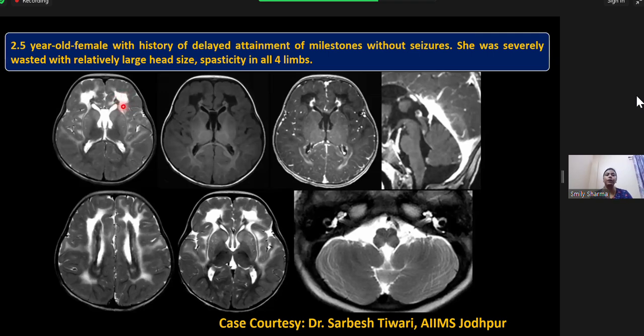We see a beautiful T2 hypointense rim, which is T1 hyperintense and shows contrast enhancement as well. We see frontal predominant hyperintensities, and also this periventricular T2 hypointense rim, which has been described in Alexander's disease. We are seeing the involvement of the basal ganglia, and we are also seeing the involvement of the medulla with